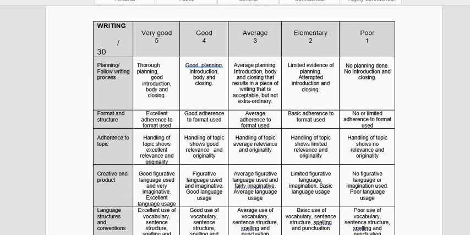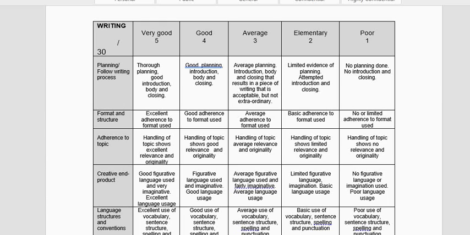No planning done, and look at what is part of the requirements here, the introduction and closing. So if the child did not plan and there are no introduction and closing, it's poor. Limited evidence of planning. He attempted to make a mind map, but it's 3 clouds drifting across the page. And ladies and gentlemen, that must stop. That's not mind mapping. And you, unfortunately, are in the front lines. You are the person that's going to have to stop it.